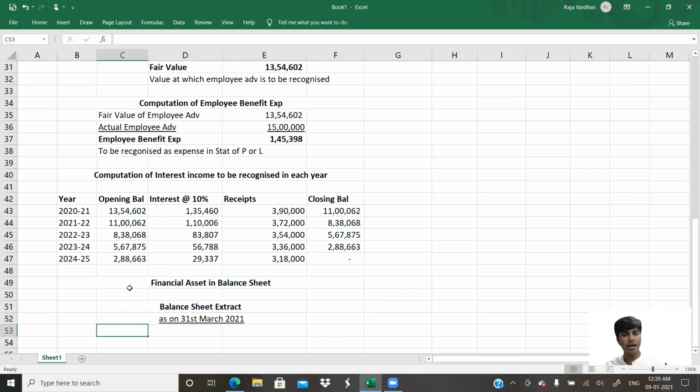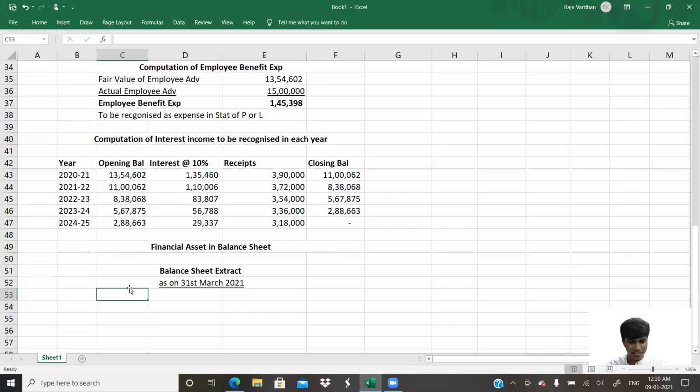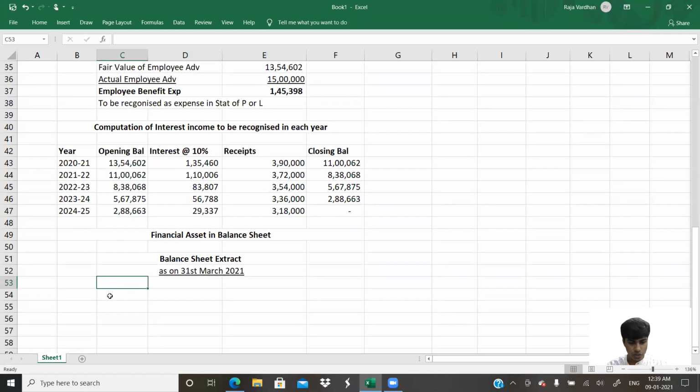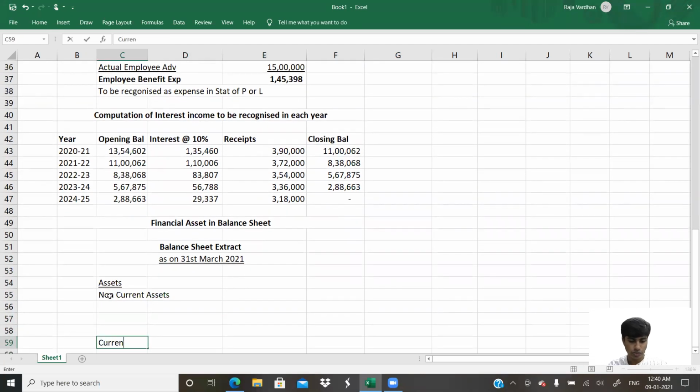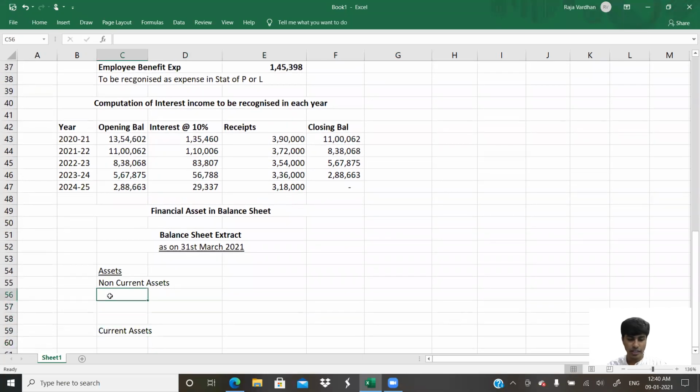Yes, so we're trying to do the balance sheet extract. Statement of balance sheet or balance sheet, whatever name you call it. So now on the asset side, I'll write assets. Under the assets category, you would have two items. One, non-current assets. Two, current assets. Under non-current assets, you would have